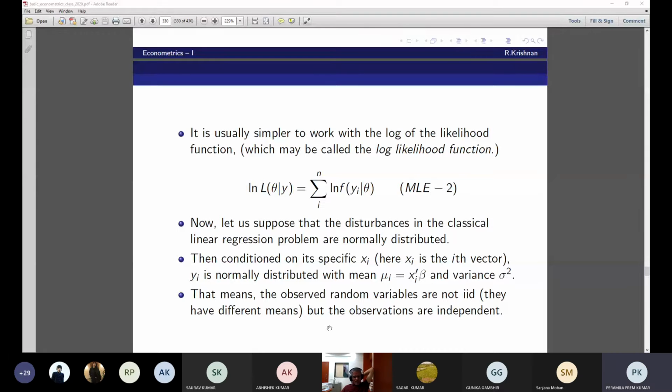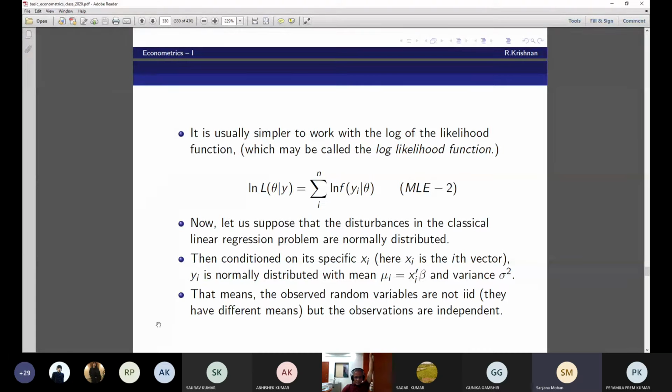Yes, sir. Now we have discussed this before. You have been given a random variable which is normally distributed. You define a function of that random variable, and we are interested in finding the distribution of that function. Where did we come across this? Transformation. You remember the transformation and all those things that we did? Yes, sir. Sir, do we need to know the distribution of xi? Xi is a constant here. Remember, in the classical linear regression model, xi is given to you, it's fixed.